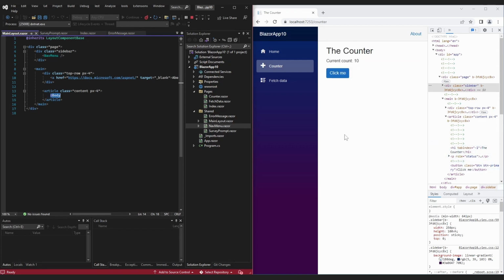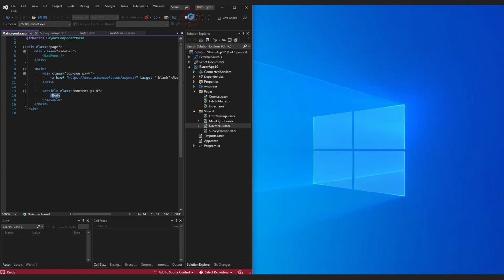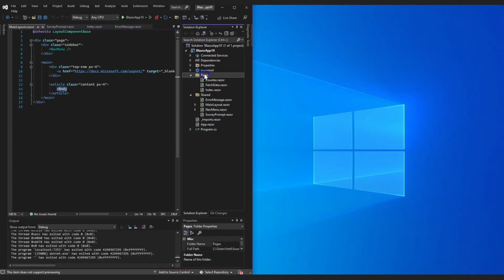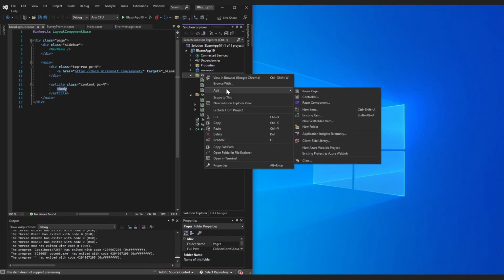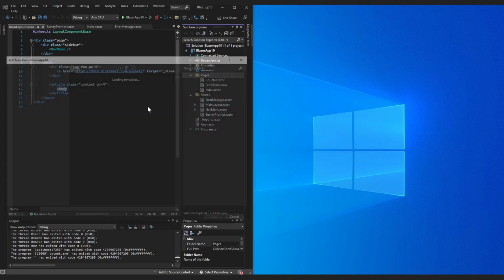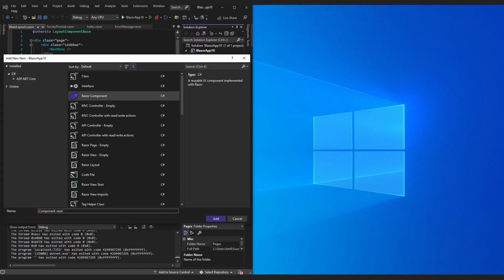The last thing I want to do is show you how to add a new page to the project and then include that page in the navigation menu. So we'll stop our application running. We'll right click on the pages folder. We'll click add and then click Razor component. We'll give it a name.